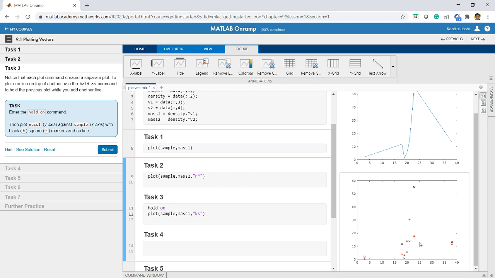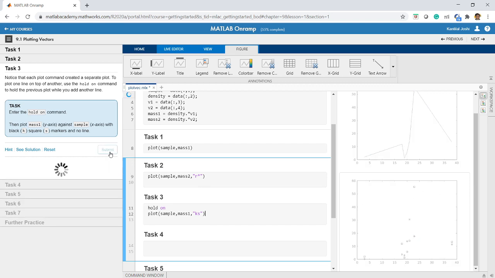They are as they were. In addition to this, you see these square boxes. These square boxes are for mass 1 and the red stars are for mass 2. So on the same graph, you can see two different plots. On the same plot, we can see two different graphs rather. Okay, so this is the use of the hold on command.